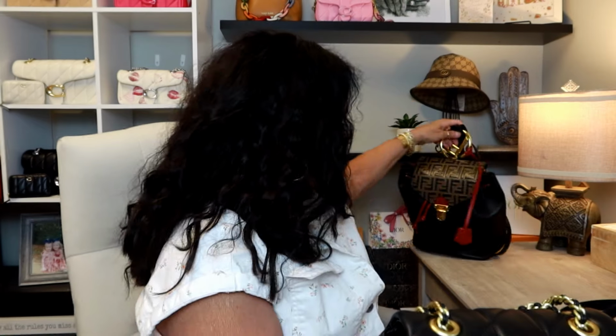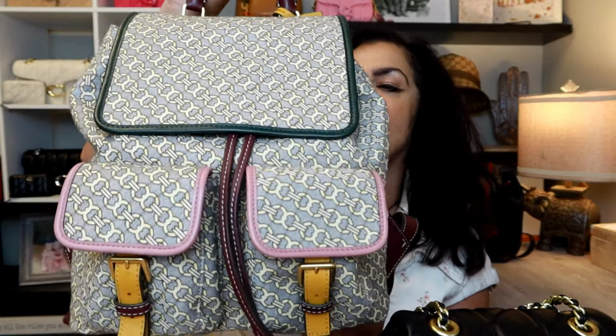So that's the first con that I found with this bag. But anyway, moving along, we're going to put the backpacks back here. I've had this Fendi backpack for quite a few years. The last time I was in Greece, I got it. I think I was in Mykonos, actually, when I got that one. All right. So now the next backpack that I got was this Tory Burch, and it's quite a larger